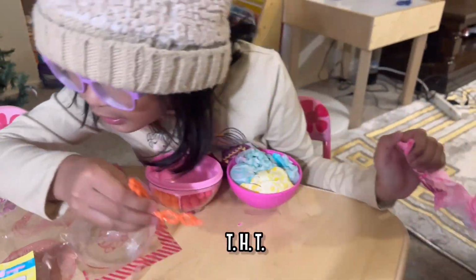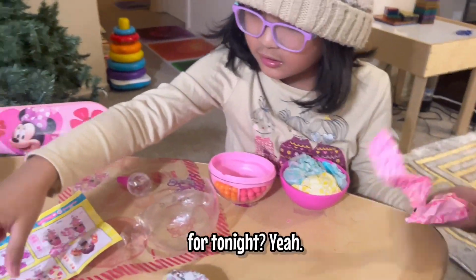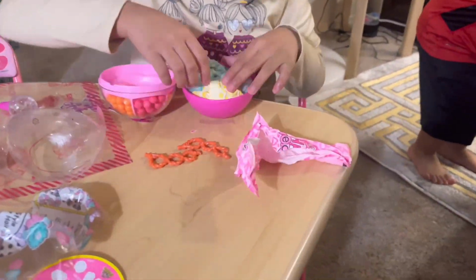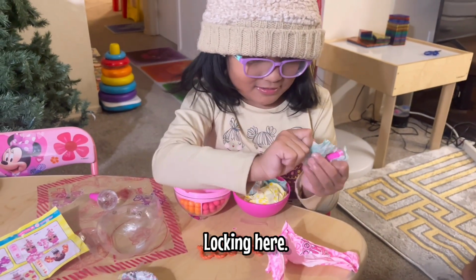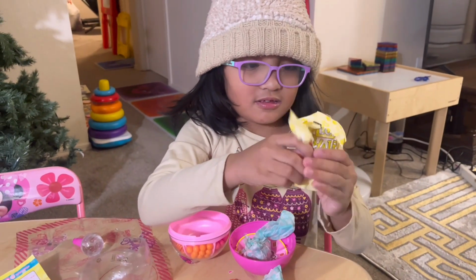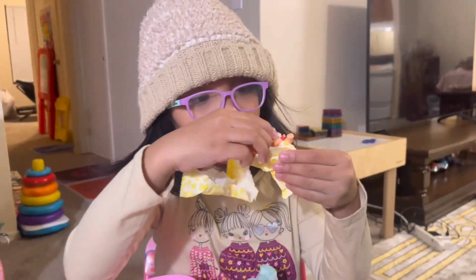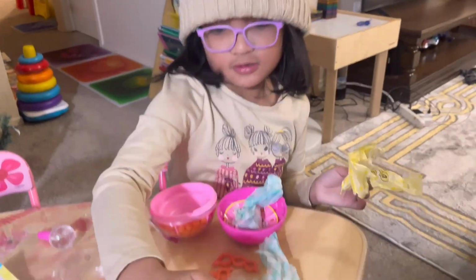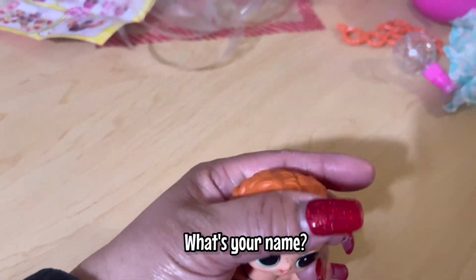What's her name, my love? That's the third one for tonight. All right. Lucky hair. Here comes the doll. All right. She has an orange hair. Good job, baby. Her name is...